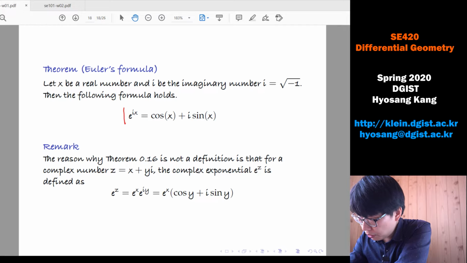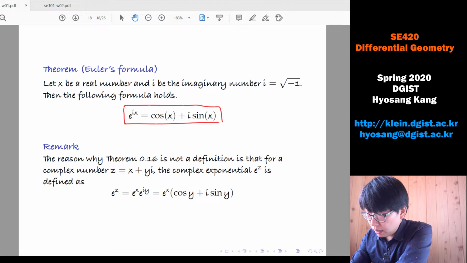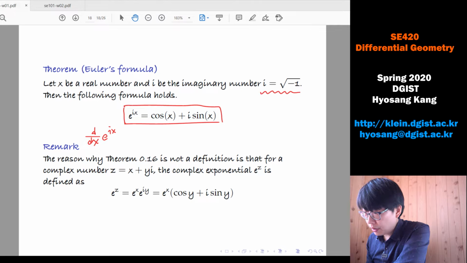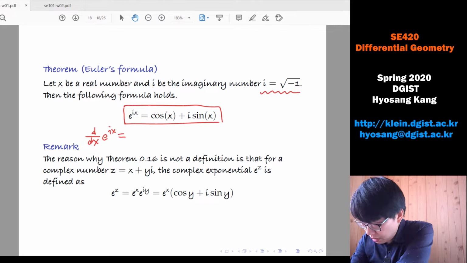Now let's think about how to take a derivative in terms of x of e to the ix. Here i is the pure imaginary number. So what happens is if we take a derivative of cosine and sine,